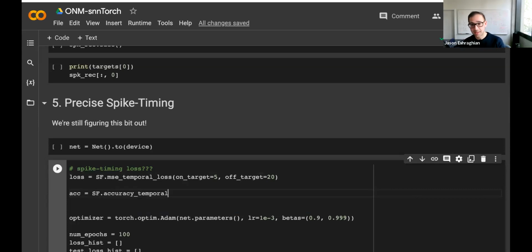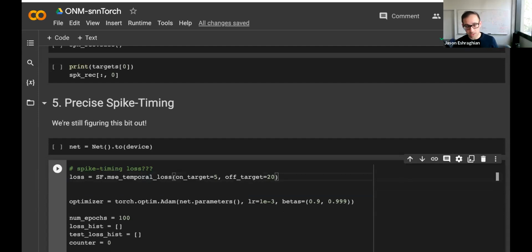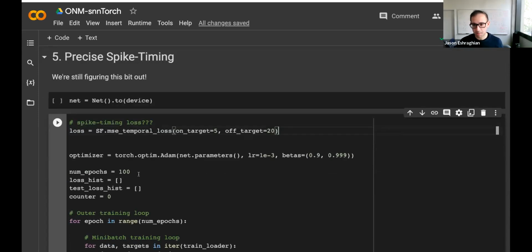So what that does is take the output spikes and look for the first spike in a tensor and basically say, hey, this neuron fired first, therefore that is our predicted class. It doesn't look at how many times it fired anymore. So this is a little bit more experimental, and I had to kind of come up with my own little tricks. I will maybe not go through what those tricks are exactly here, because I don't think they've been used anywhere else. They're massive hacks, and the source code is a little bit challenging to go through. But yeah, so that's what MSE temporal loss does.